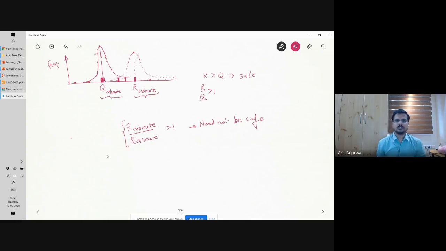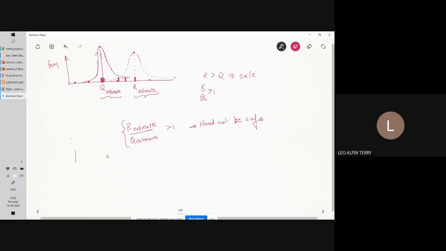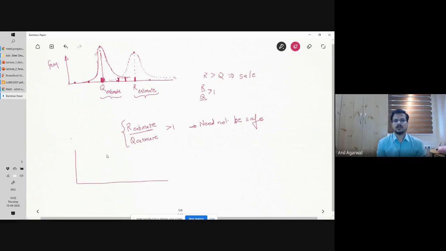Very good. Yes. So what we need to make sure is, first of all, we have to know the distributions, how flat or how steep these distributions are. Steeper means we have more confidence, flatter we have less confidence. Depending on how flat or how steep, or how narrow, these distributions are, steep means narrow and flat means wider, broad. If it is a steeper distribution, then we don't have to separate the Q and R estimates very far away from each other. But if we have narrow, flatter bands, then we have to make sure